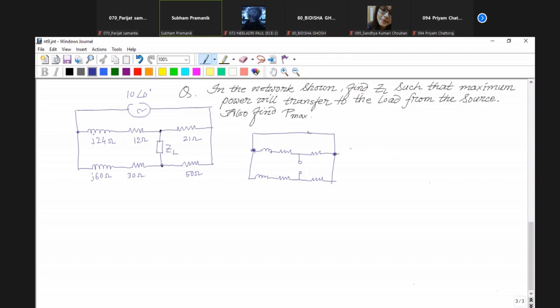That means it is equivalent to this. This is the terminal A. Suppose this is A, this is B. That's A. And this side,